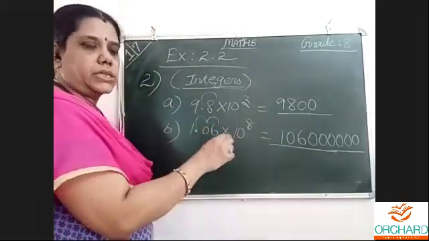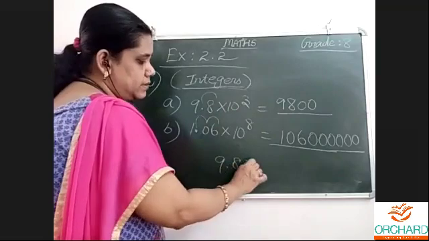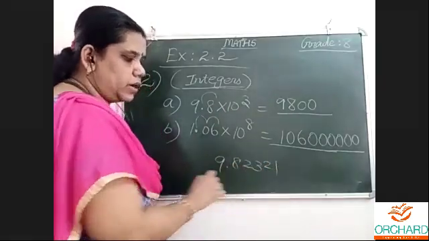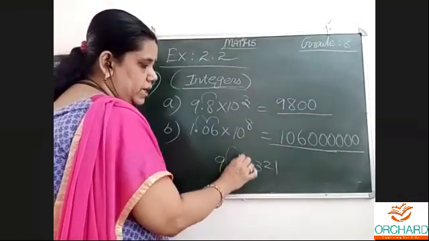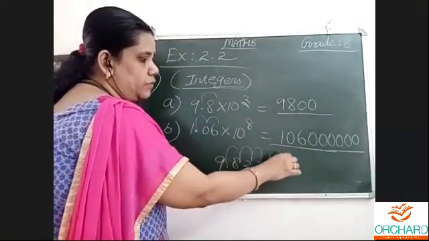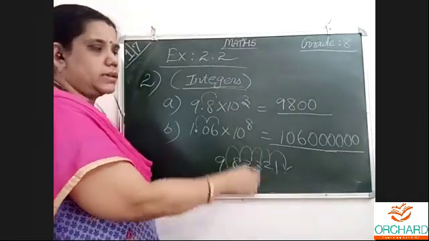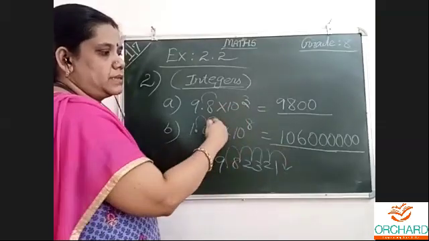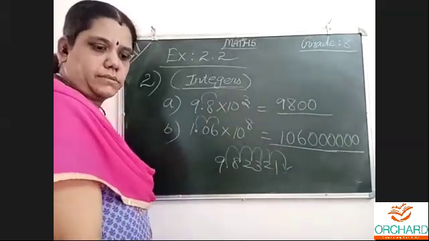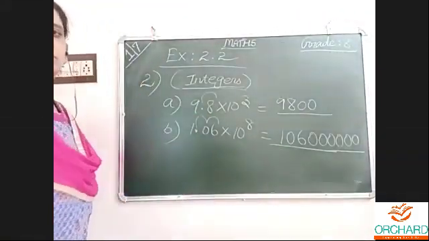We need to remove the point. To the last we have to go. When the number is like this, 8, 2, 3, 2, 1, what shall I do? I must move this point to here. 1, 2, 3, 4, 5. This place I must move. Like that it will be. 10 power, how much is given? We have to minus the jump. And that many zeros to write. That is the easiest way I know to write.